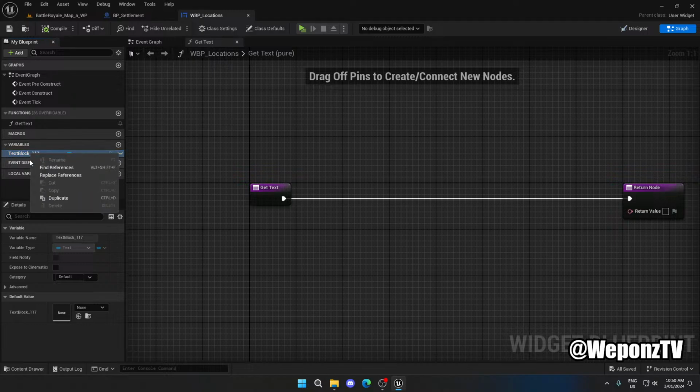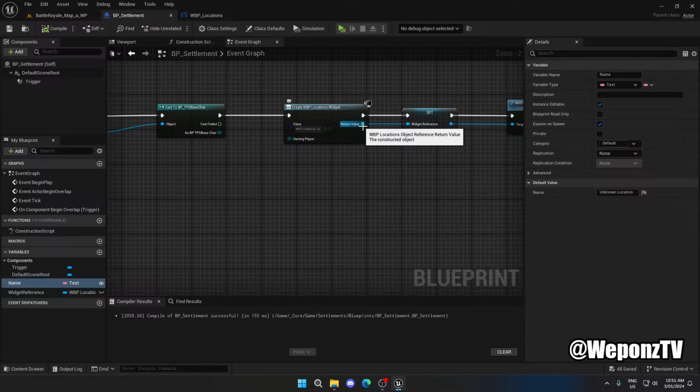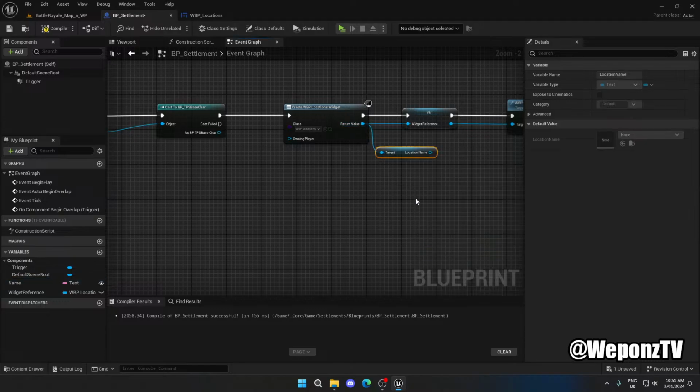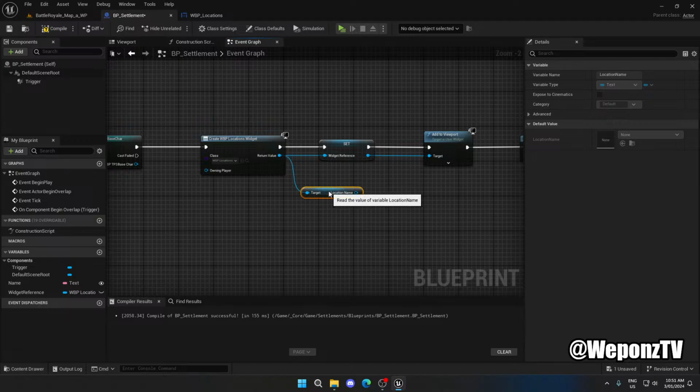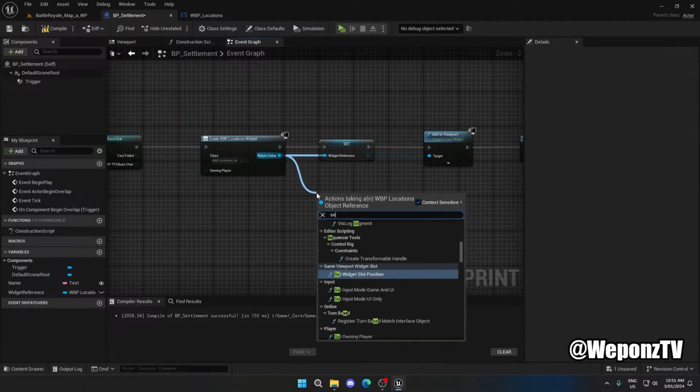Let's just call that, can I rename that? I can only do it here. Let's call this location name. I think that's going to help me do it now. So, location, beautiful. Oh, wait. Set location name, actually. Set